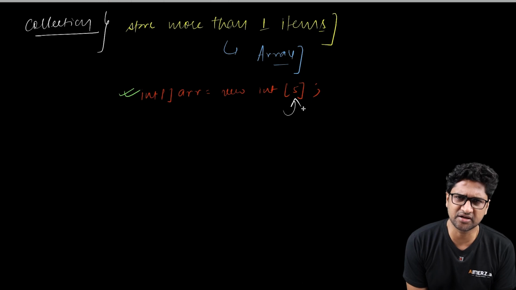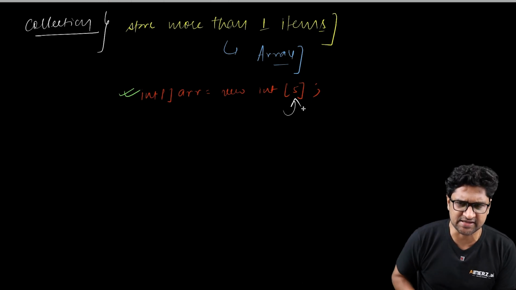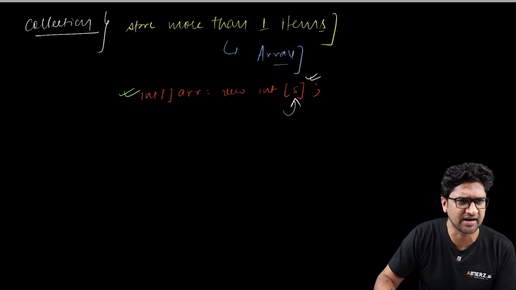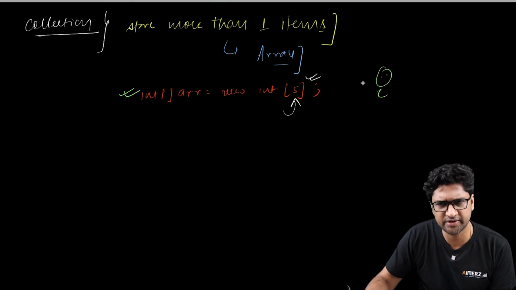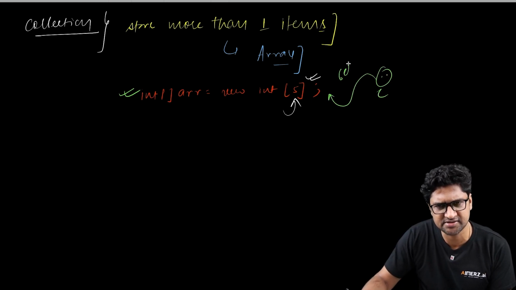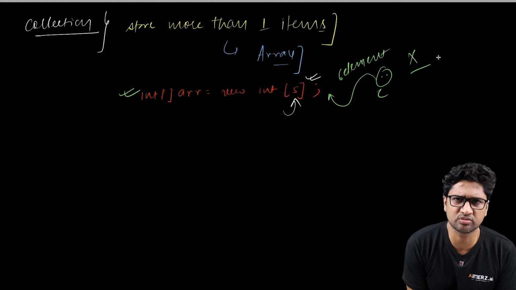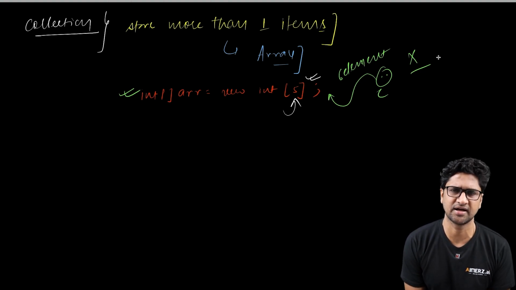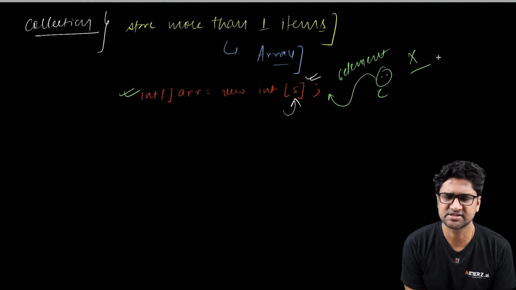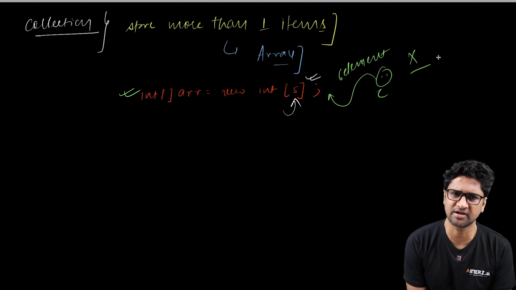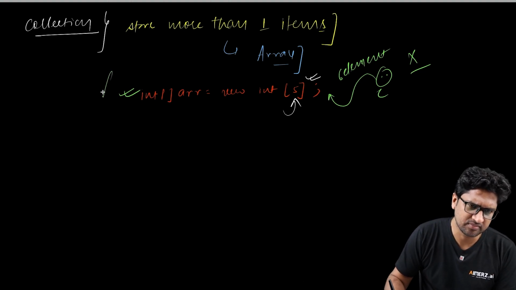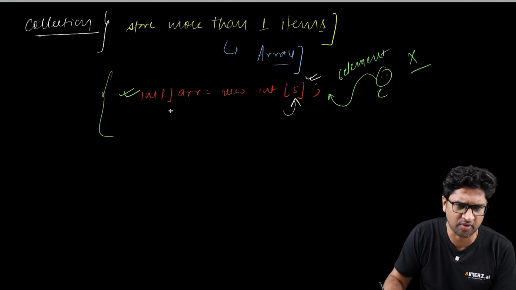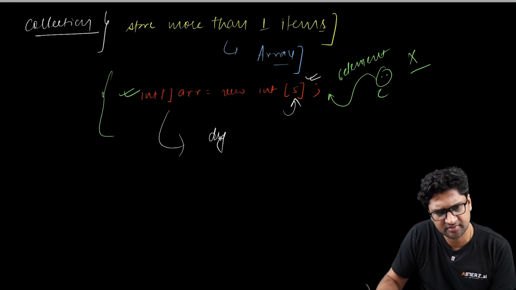Now, the challenge with defining an array and using it in this form is that once your size is decided, let's say at runtime I want to store something like 6 elements, I will not be allowed to. If I try to add an element beyond its allowed index, it will throw errors like index out of bounds exception or stack overflow exception. So in order to solve this problem, how can I solve it? I would like to solve it by having a dynamic size